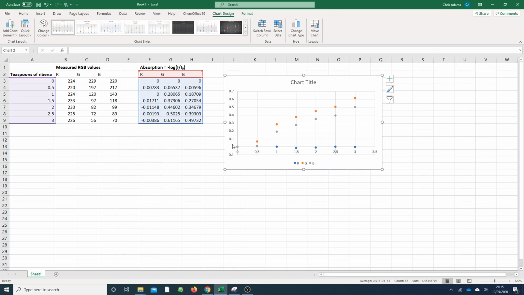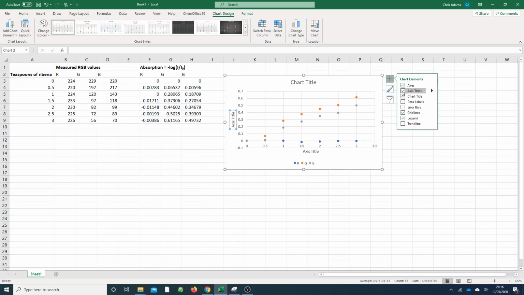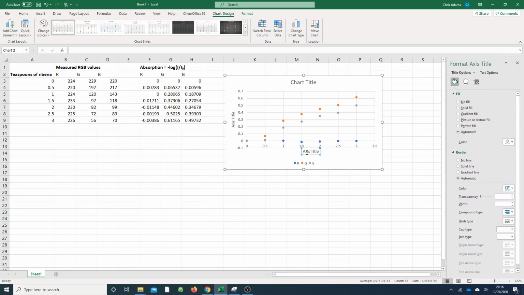So let's work on prettifying it a bit. The first thing I want to do, I'll put some titles on the axes. So if I click on this plus sign at the side and go for axis titles, like that, you'll see it's put axis title against each axis. So if I double click on at the bottom, I can select that. No, let's try that again. And I can type in there